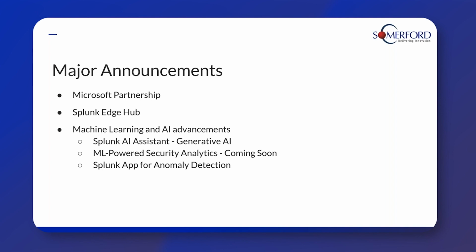And the Splunk App for Anomaly Detection, which has been out for a few months now, is a way of giving you a wizard to look for anomalies, which is quite nice. So those are three of the key AI/ML pieces that I would say have been talked about. There's a new version of the Machine Learning Toolkit and the Deep Learning Toolkit, but generally those are the big things that I would say have come from .conf.